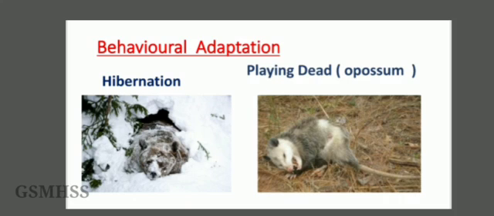And the second picture shows an opossum acting dead to fool the predator. Opossum is a bird-like animal. An opossum behaves like a dead animal and gives off a foul smell when they are in danger. This protects them from being eaten by predators.